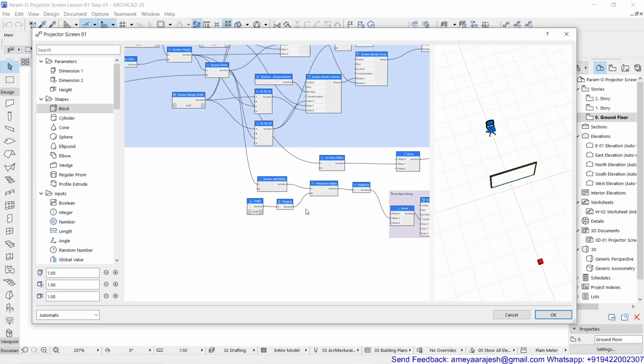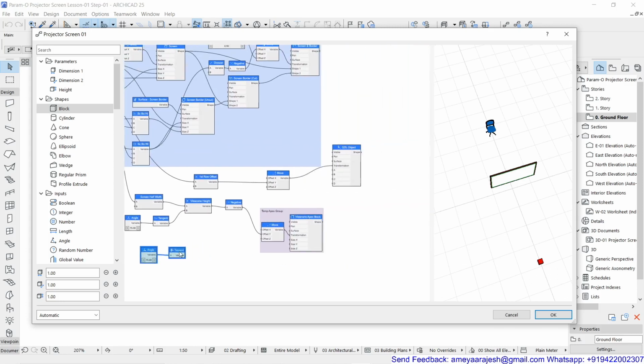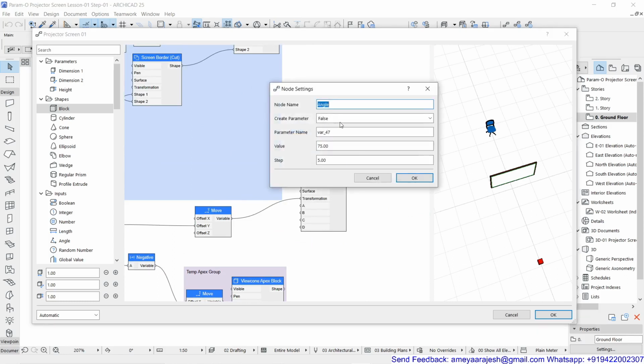So if you want, you can copy these two things again. So these two things you can simply select, press control and just drag them and create a copy of that. And apart from that, you have to make sure that, if I place it somewhere on this side for a while, this angle this time will be 15 degree.